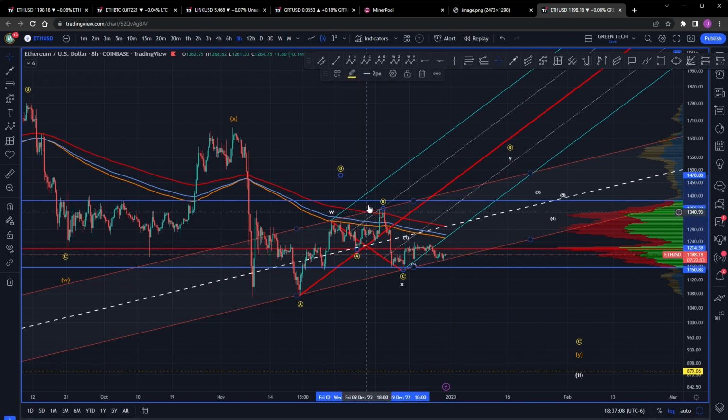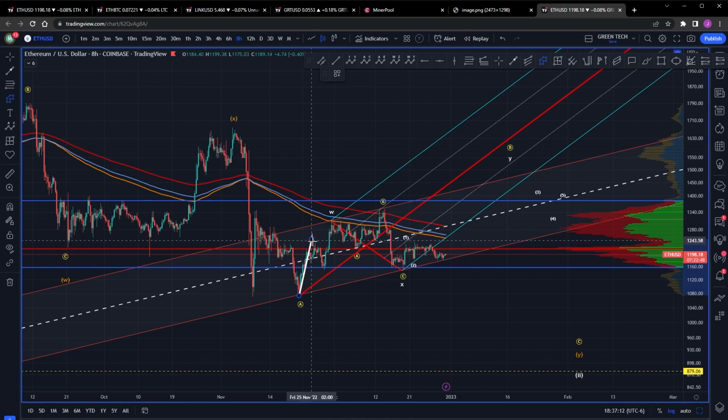The slight problem that I'm having is in Bitcoin. Let's dive in here. So we get a 3-wave move. Don't care how you count it. 3-wave move. I think we get a sharp double zigzag for the A. We obviously get a 3-wave move for the B, and we get our C. It's a flat for an X wave. When we get this, we immediately get an impulse up.